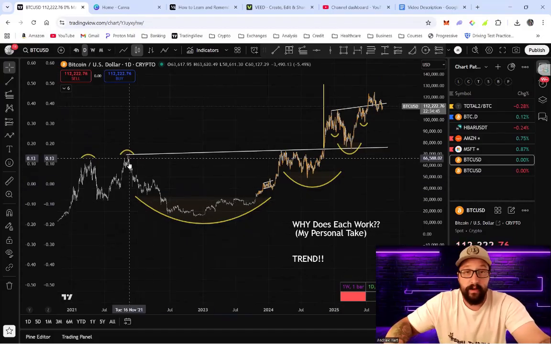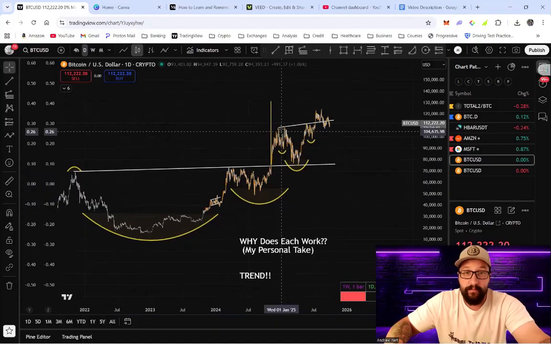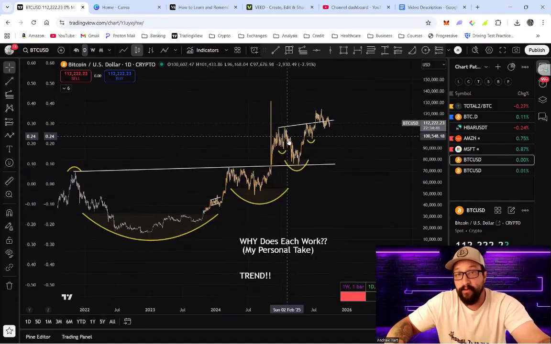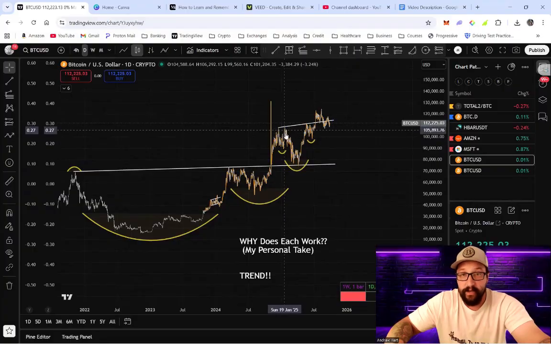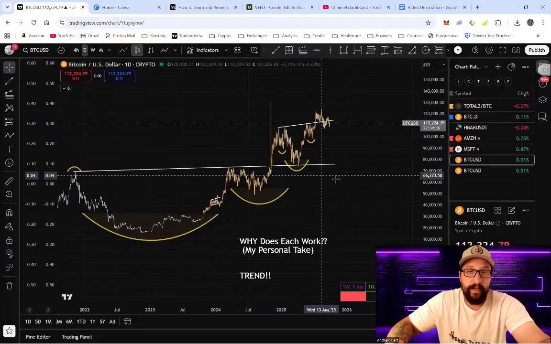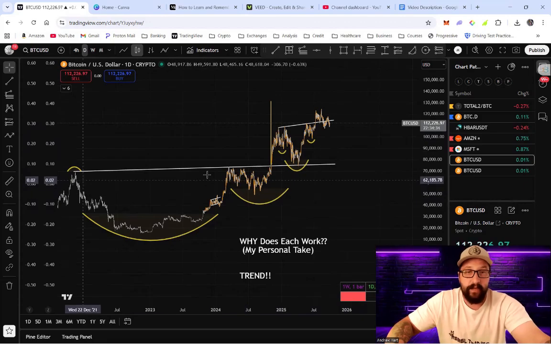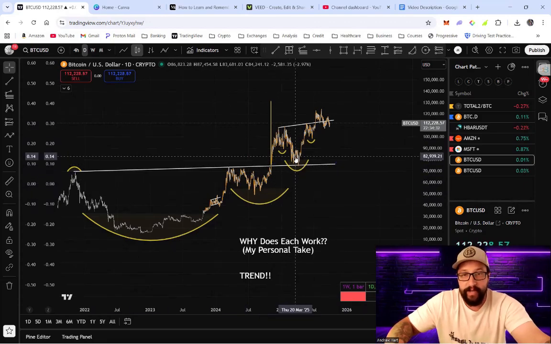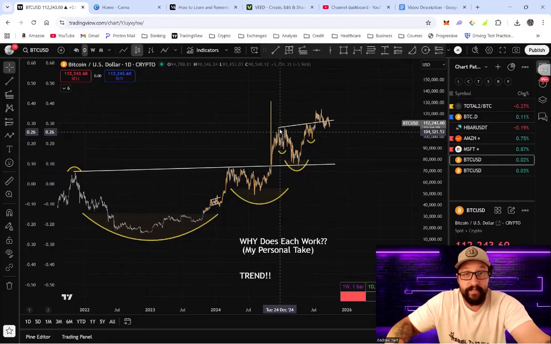Well, the big one was this big cup and handle. When price reached here in mass euphoria and started to aggressively fall from that price point, I zoomed out at the time and thought, well, we just have this big cup and handle and we're coming down for a retest. And that's exactly what happened. This happened over